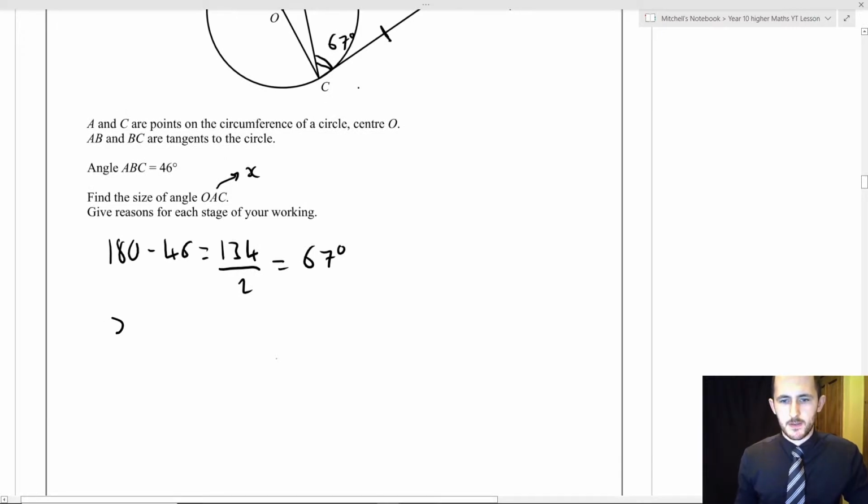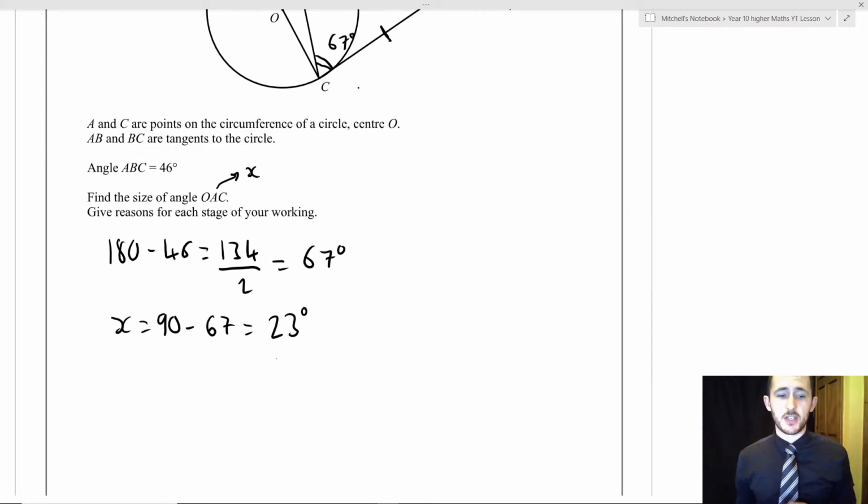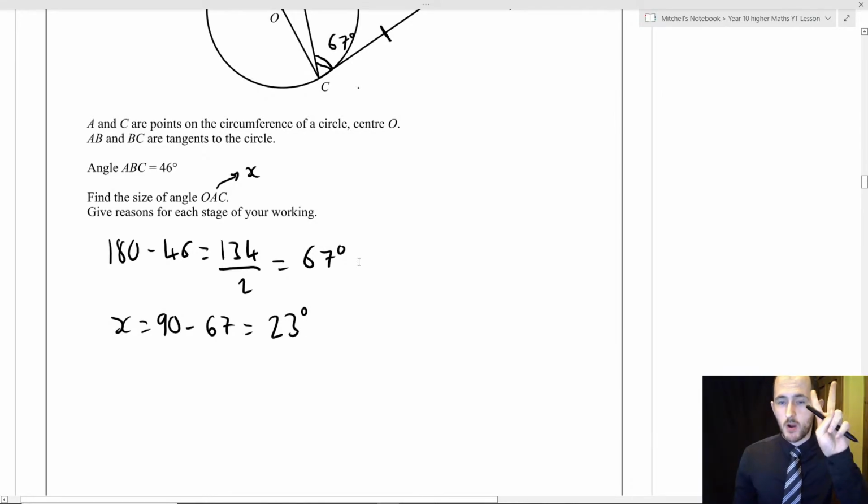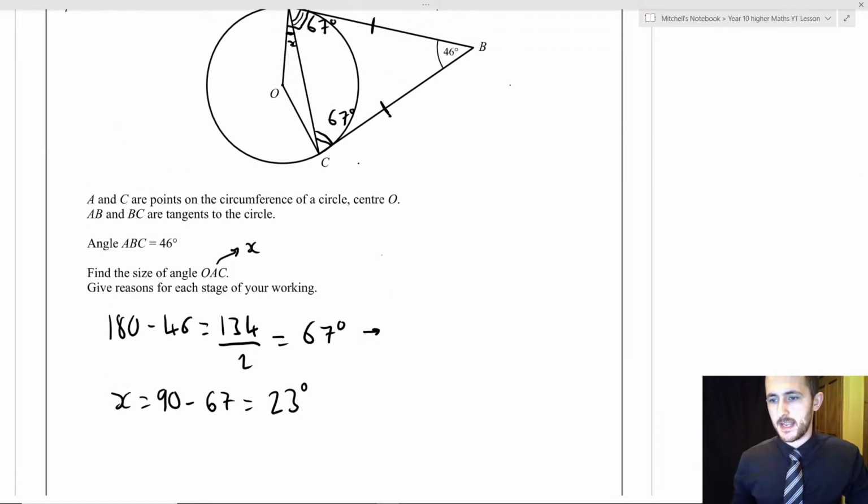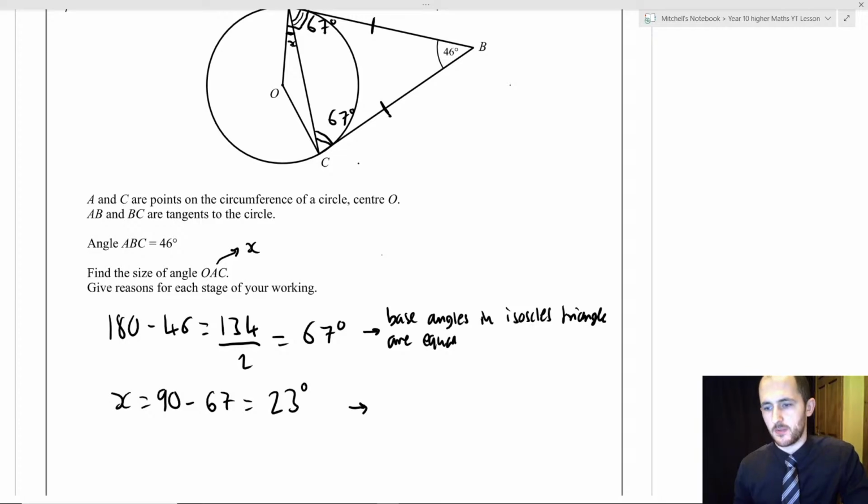Okay. So, x is just going to equal the 90 degrees from the right angle, take away 67, which is 23 degrees. It says give reasons for each stage of your working out, and it is a 4-mark question. So there's 2 steps. You get 2 marks for the steps, and you get 2 marks for the reason. So this one, the reason I'm going to say is that the base angles in isosceles triangle are equal. And this last step, it's because a tangent meets the radius, or the radius and the tangent meet